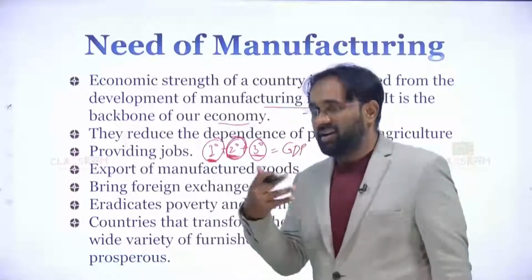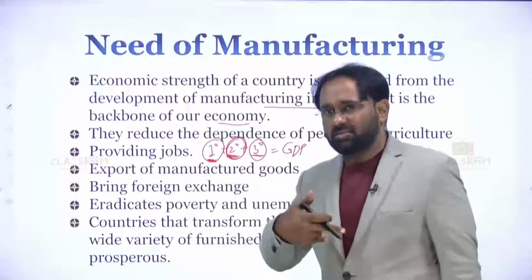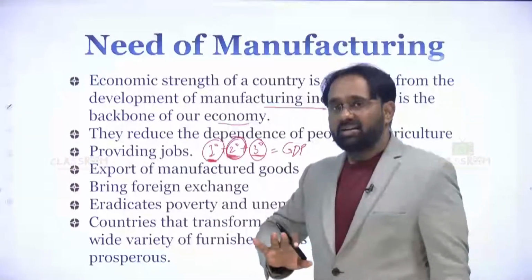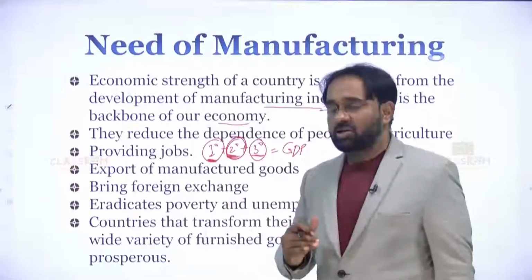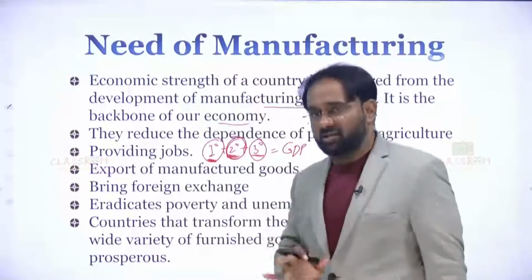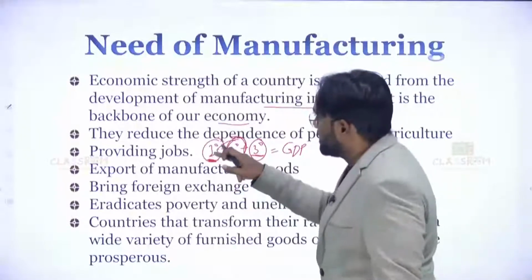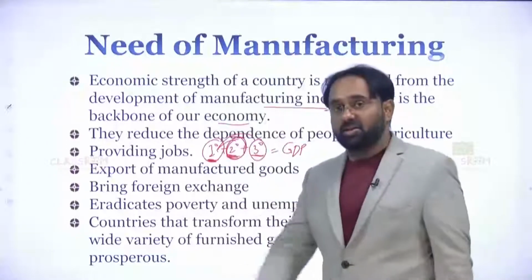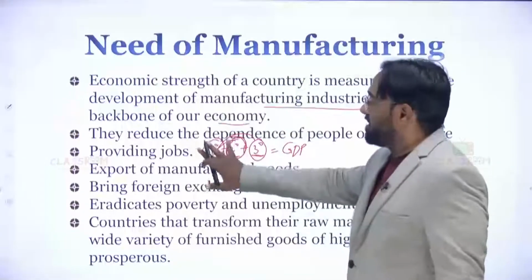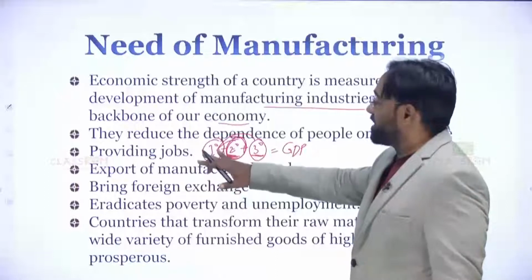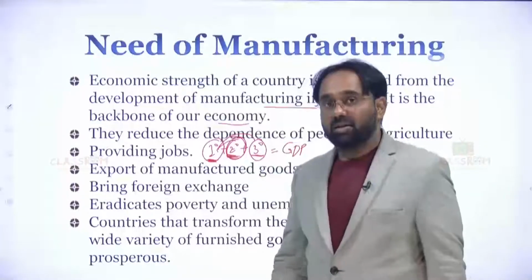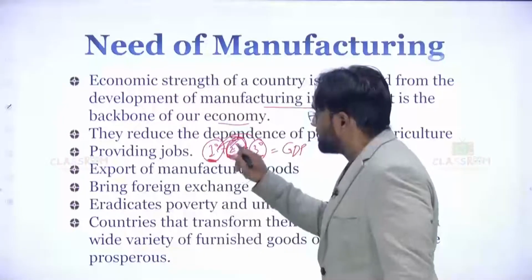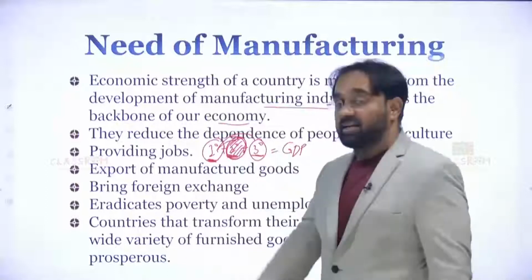Any underdeveloped country, or any country which is not very developed, depends on agriculture. A developing country like India is slowly shifting from agriculture to the service sector, and to the tertiary and secondary sectors also. Slowly we are moving away from primary to secondary and primary to tertiary, but there is not much significant growth in the secondary sector, that is, in the manufacturing sector in India.